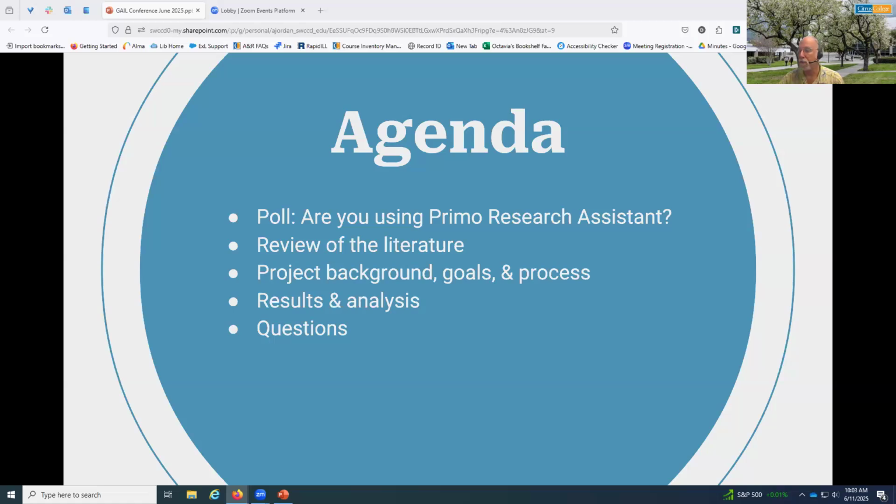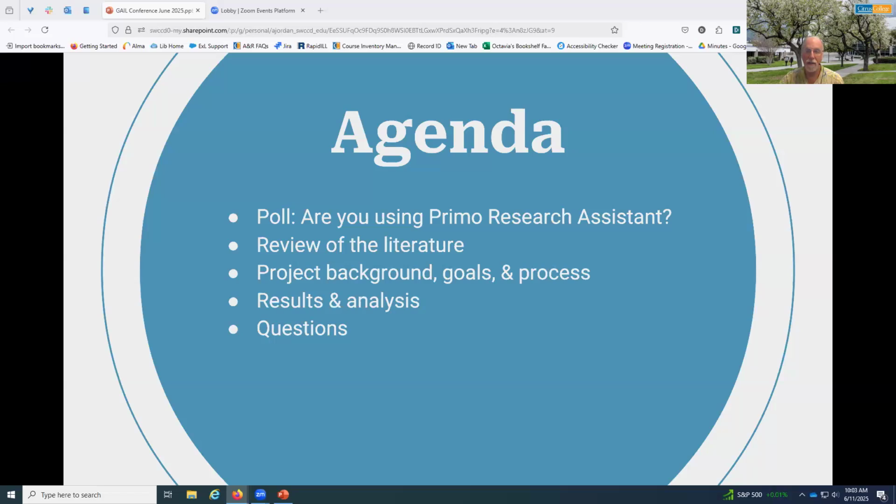And then we'll get into some of the background of the project, the goals, and the process that we undertook. Then we'll talk some about the results and our analysis. And at the end, we should have plenty of time for questions. And maybe that will also just lead to a bit of discussion. But let's go ahead and start off with a poll.